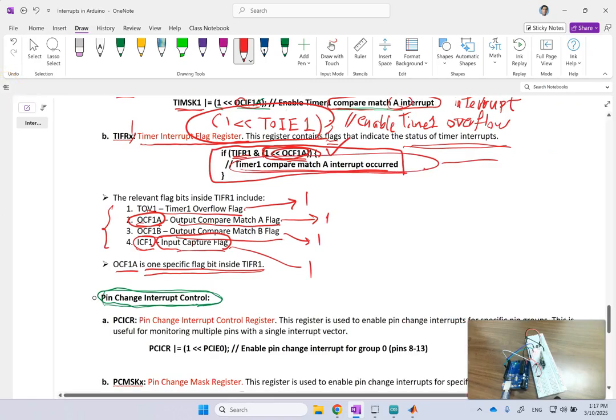For instance, display, hey, I reached 15,000 counters, and I'm resetting it back to 0. Or again, do something, like turn some LED after that. Okay, so